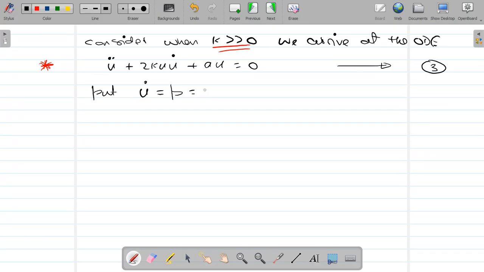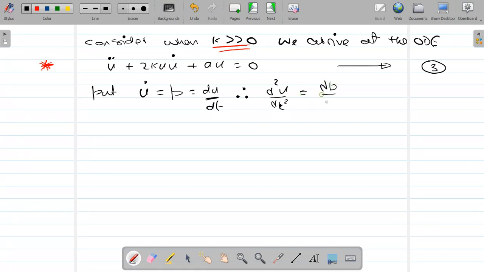Now u dash is just du by dt, right? Make that a bit clearer. p is equal to du by dt. Therefore, d squared u by dt squared is equal to